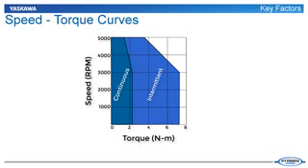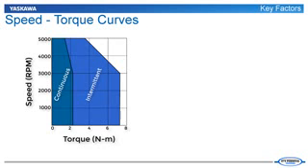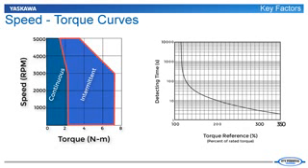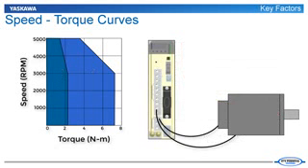If the combination of torque and speed required by the motor is found in the continuous region, then the motor can produce that torque and speed forever without any chance of overheating the motor. If the combination of torque and speed produced falls in the intermittent region, then the motor can only produce that speed and torque for a limited amount of time. If that time is exceeded, the motor will begin to overheat. To prevent damage due to overheating, the amplifier automatically disables the motor and enters an alarm state if the time